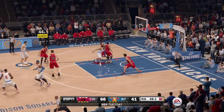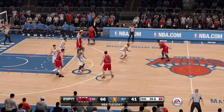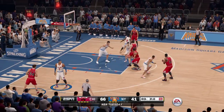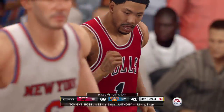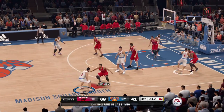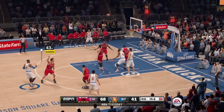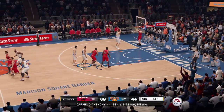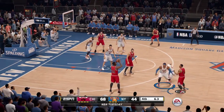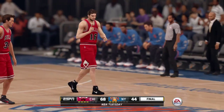Fires away from downtown. Quick rebound by Butler. He's averaging 5 rebounds per game this season. Rose on the drive, hits for two. That's a 10-2 run for the Bulls. Anthony against Dunleavy, shoots the three, and Carmelo Anthony with the bucket from downtown. Double team closing in. And the game is over. The final score: